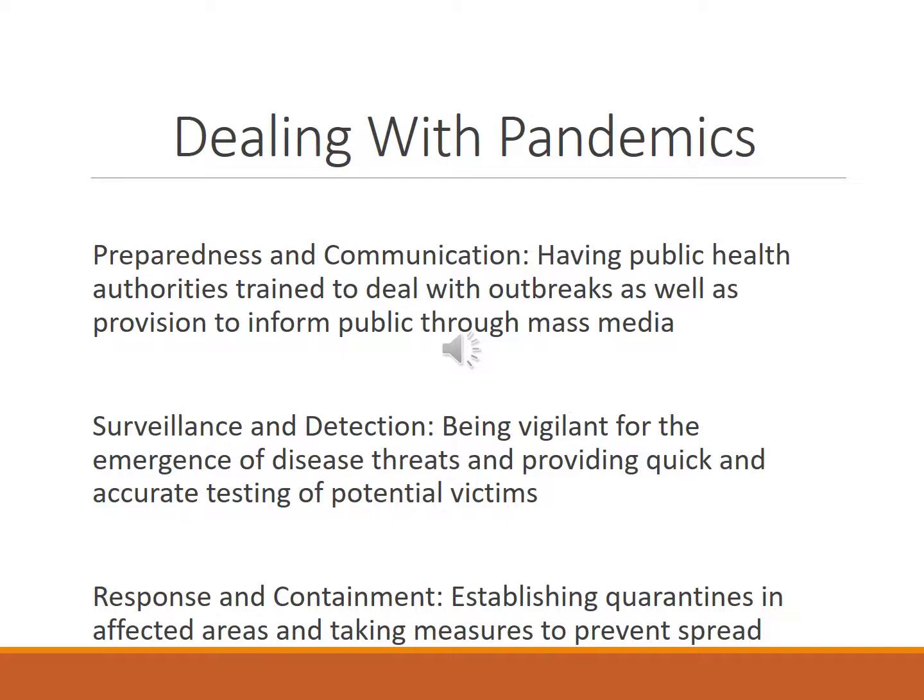Secondly, a state should have the ability to detect and surveil those who are potential carriers for infectious diseases. And a lot of this is done at the border. A lot of this is done at immigration checkpoints. We have technology now where you can take someone's temperature from a distance, essentially a little device that shoots a little laser beam that can read a body temperature from 100 feet away.